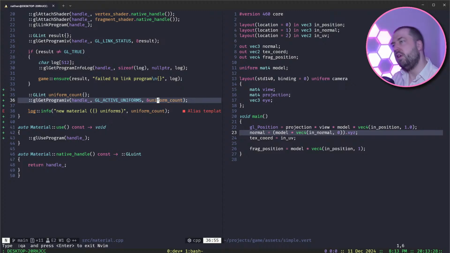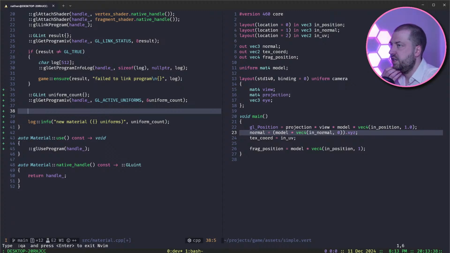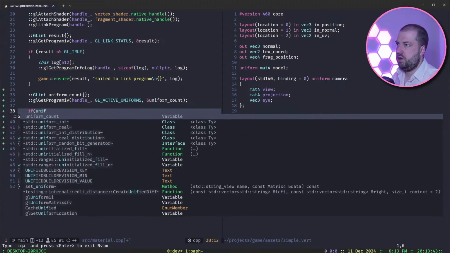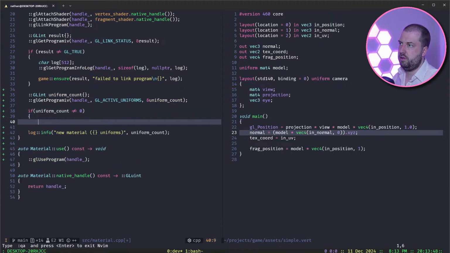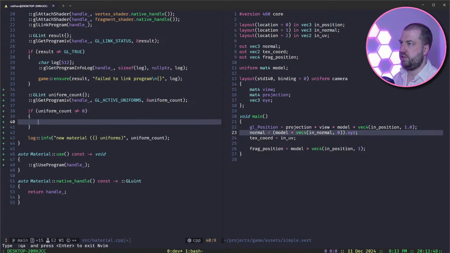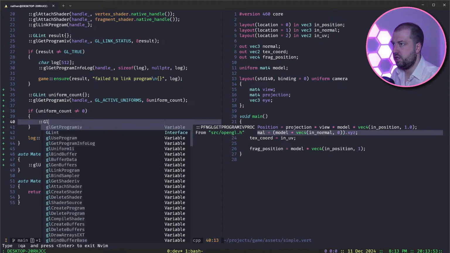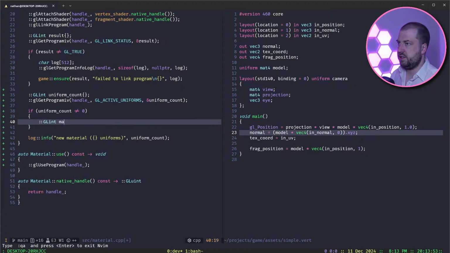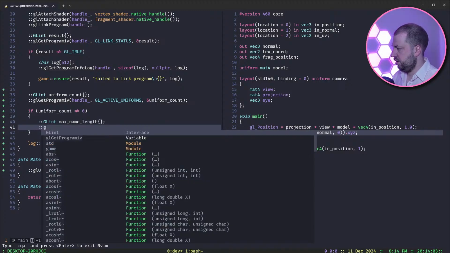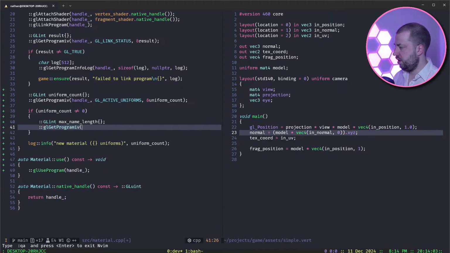Interesting. Okay, well, we're going to see what we get. I think the best way to do this is we can only see what we get. So if uniform count doesn't equal 0, okay, there's no point doing any of this if the thing doesn't have any uniforms. GL int max name length, and then glGetProgramiv